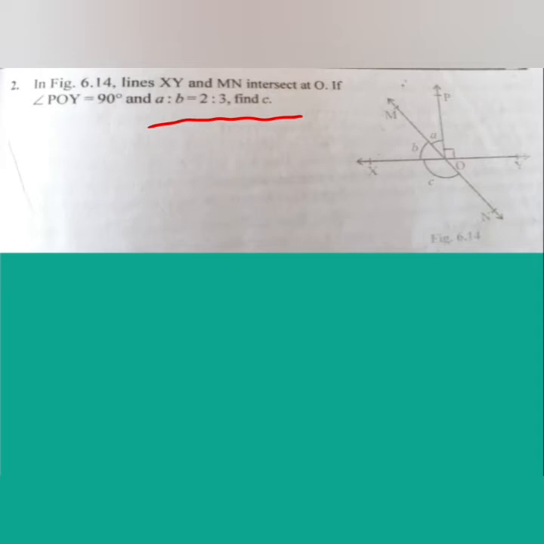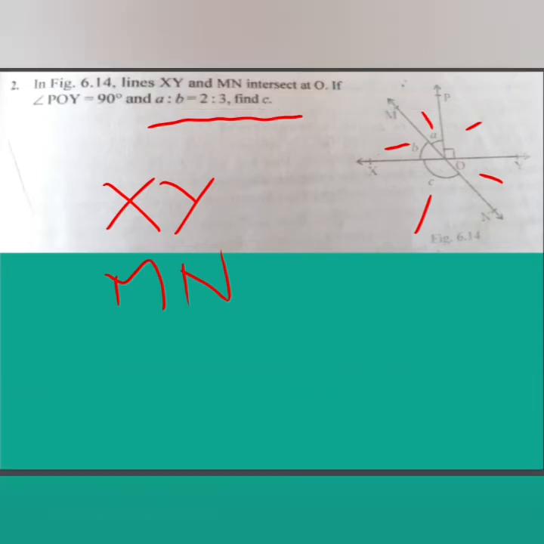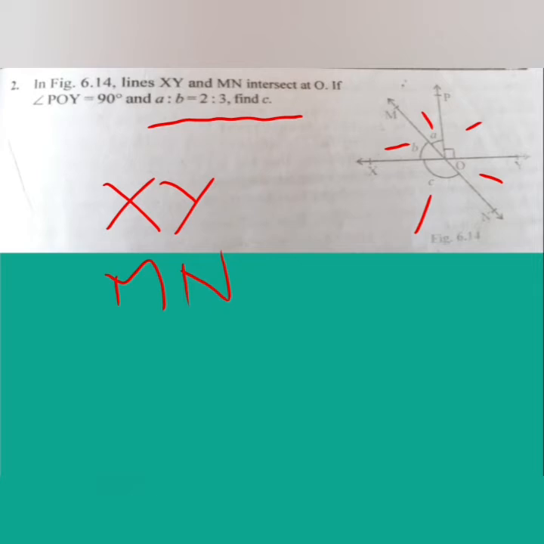So there are two straight lines, XY and MN, in the given figure. One by one, by taking both the straight lines, we are going to solve here. But here one angle is equal to 90 degrees. This is angle A, this is angle B, this is angle C. So this angle measurement is not given. So at point O, you are getting 5 angles, right? So 3 angles are A, B, C. One angle measurement is not given. One angle is equal to 90 degrees. So using all these things, we are going to simplify it.